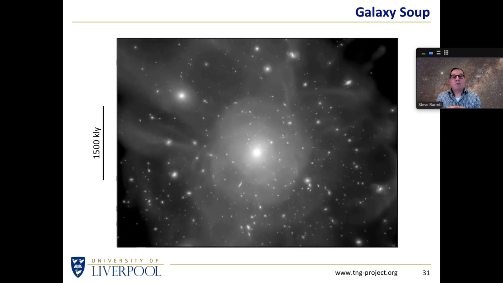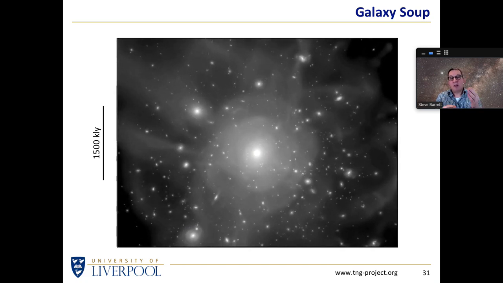And when we run a simulation like this, we can say, well, if that's the way it is, do we actually see this when we look out into our local neighbourhood of galaxies? Do we see a small number of large galaxies and a large number of small galaxies? We can run these simulations and we can test our ideas of the physics of how we think these things behave based on, do we end up with a universe that looks the way it does when we look out into the universe with the Hubble Space Telescope or any other ground-based telescope? Do we see the sorts of things that we get in these simulations? And that's how simulations help us understand the way the universe is put together.